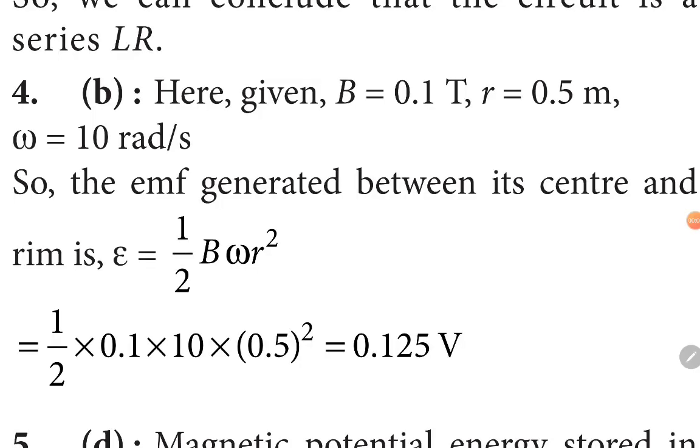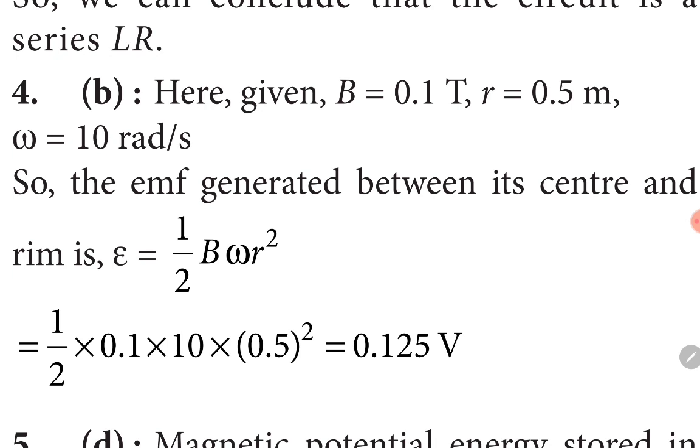Yes students, you can observe here that whenever a conducting rod is rotated in a magnetic field, EMF induced is given by the formula B omega L square divided by 2. Guys, in this formula, L is length of the rod, and for this question, length of the rod will become equal to length of spokes of the wheel, which is equal to radius of the wheel. So guys, for this question, EMF induced will become equal to B omega R square divided by 2.